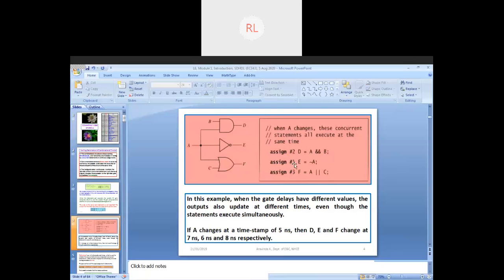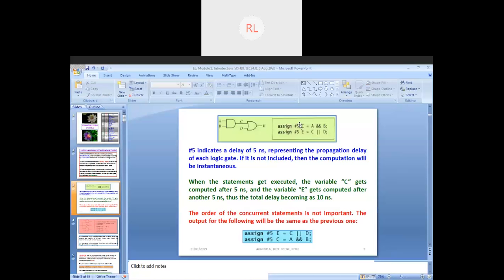Fine. So in this example, gate delays have different values. Okay, so here you have 2, you have 1, you have 3. But in the previous one, we had all equal. We had 5 nanoseconds as the common delay, right? So here we have 2, 3, 4, 5, 6. Okay,